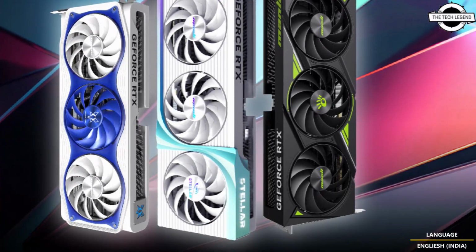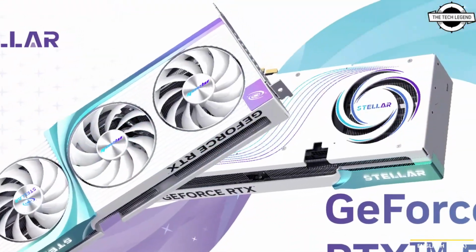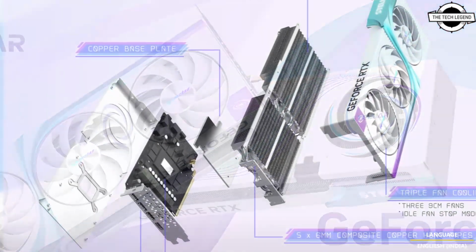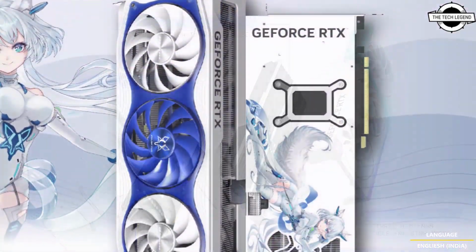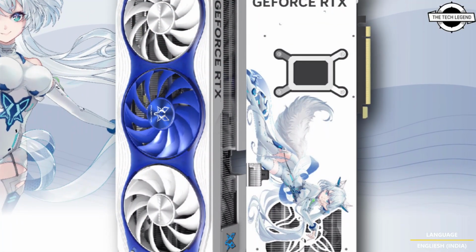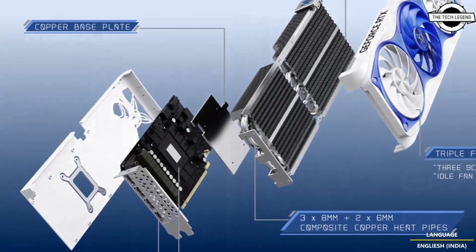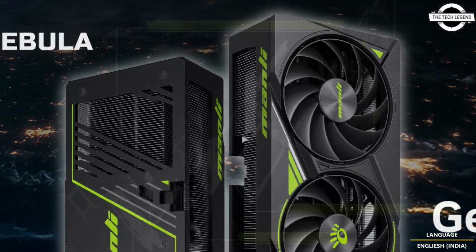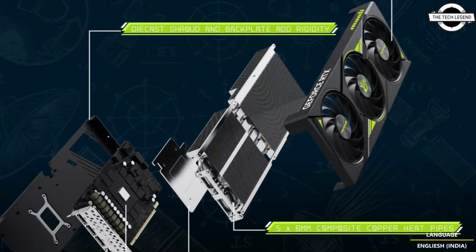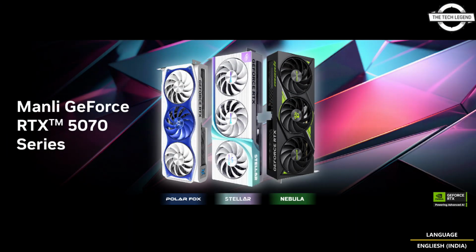So friends, today I will talk about the Manli GeForce RTX 5070 12GB series lineup. So friends, Manli has announced the RTX 5070 graphics card with game-changing performance, powered by NVIDIA Blackwell, letting you game at high frame rates with DLSS, supercharge your creativity with NVIDIA Studio, and enable new experiences with the power of AI. So friends, there are 6,144 CUDA cores on board powering the RTX 5070, and it also